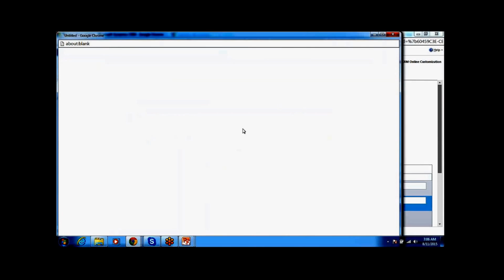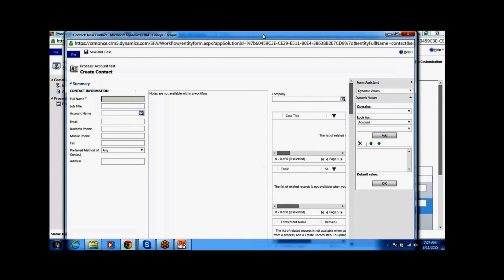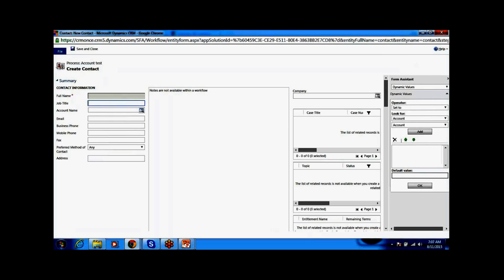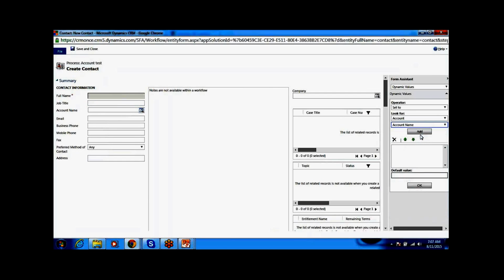Okay, once you set the properties, if you click on set the properties, here we can set all the properties for this entity. Contact entity, it should be the field name and all. So here we can see what are the fields from the account entity. For example, what are the name I have selected?